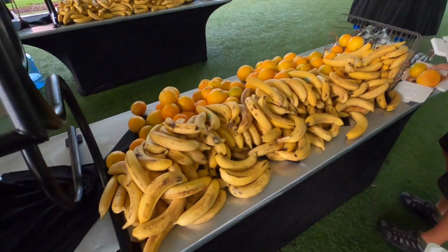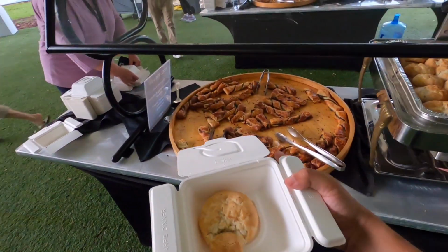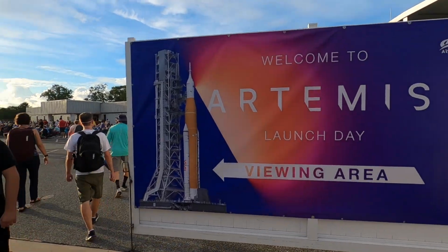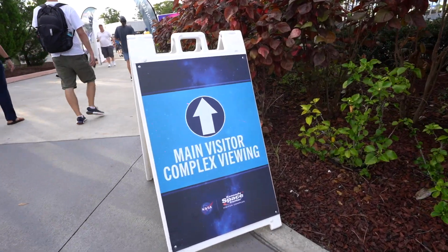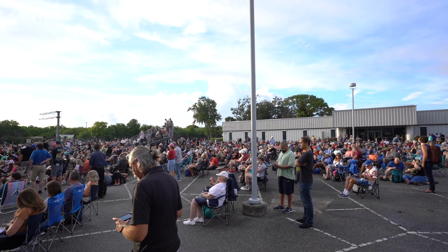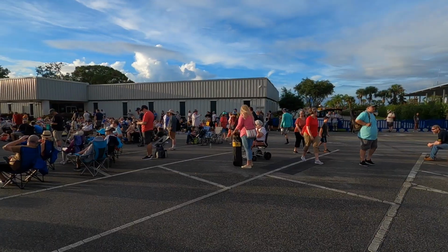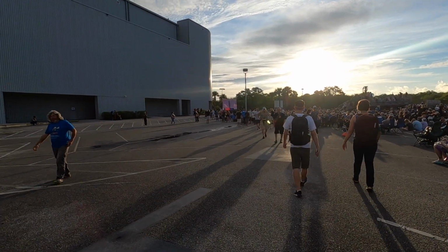They also have fruits, oranges, bananas, all that good stuff, pastries. By the way, if you come here without any package and you just buy an admission to Kennedy Space Center, they do have a specific viewing area for everyone. Of course, all it includes is the commentary and the seating area here. You won't have any of the good stuff, like we got a free hat and complimentary food and all that good stuff. It's pretty nice that they still do something for everyone to have an opportunity to watch the broadcast